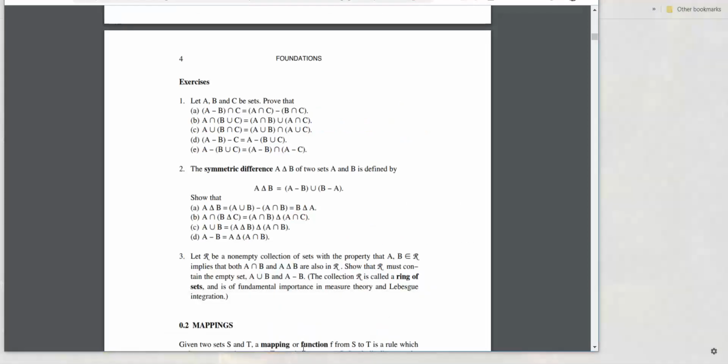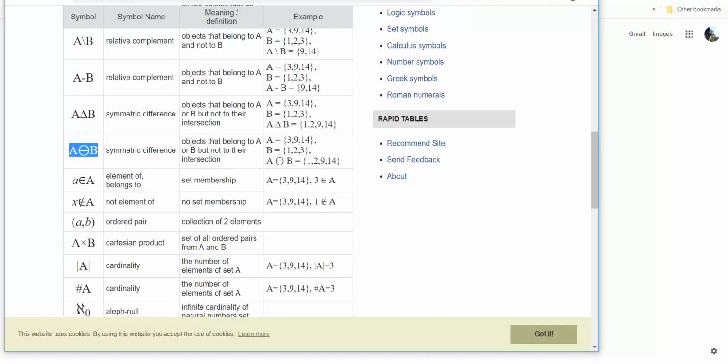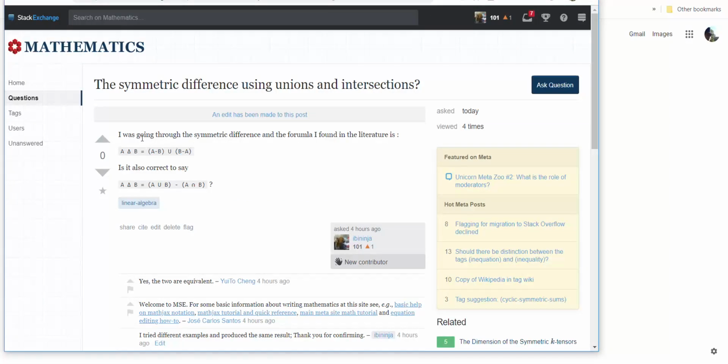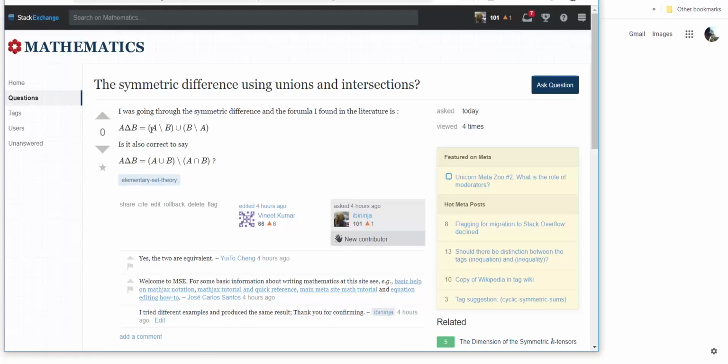Now if you look at, I think we have it here somewhere in one of the examples. Where is it? These are the things I have. Yeah, I've also asked this question just to make sure, because the equation says A delta B equals A minus B union B minus A. So I wanted to make sure that the delta, which is the formula A minus B union B minus A,